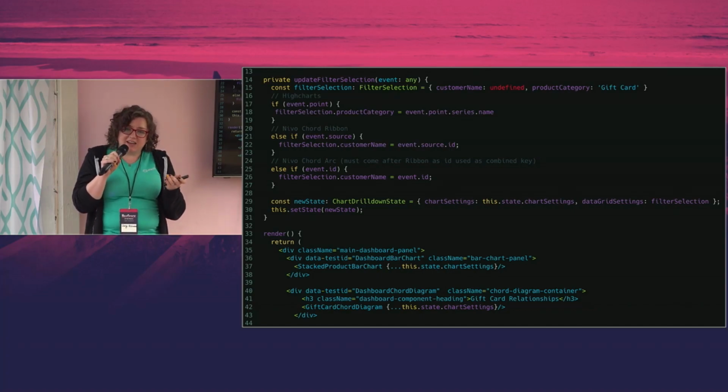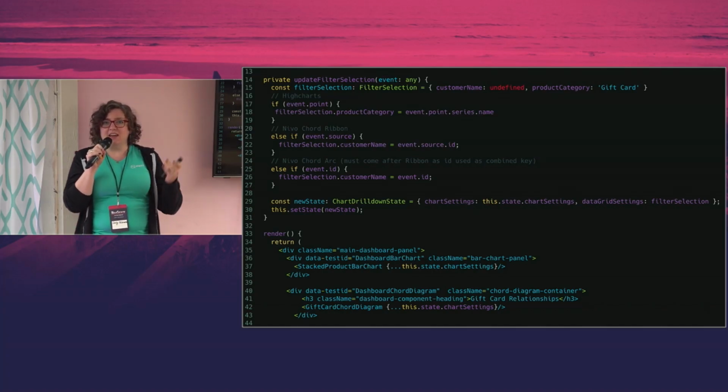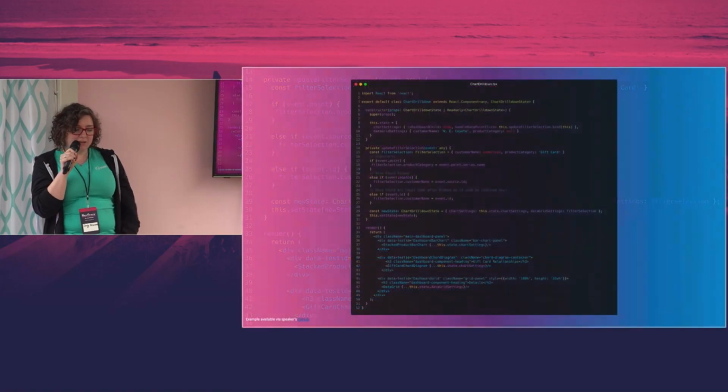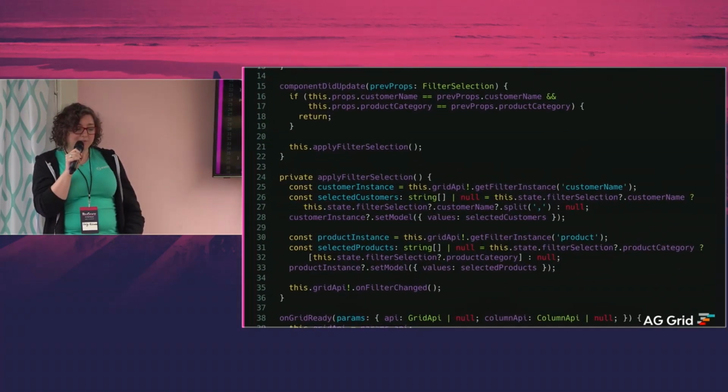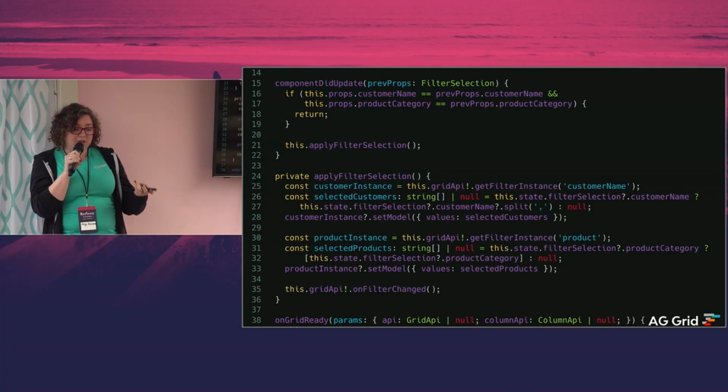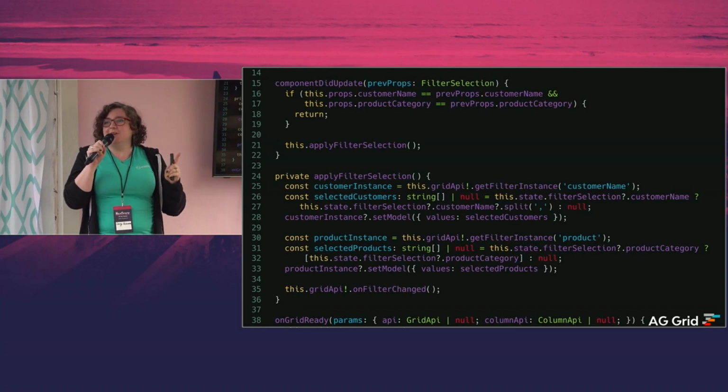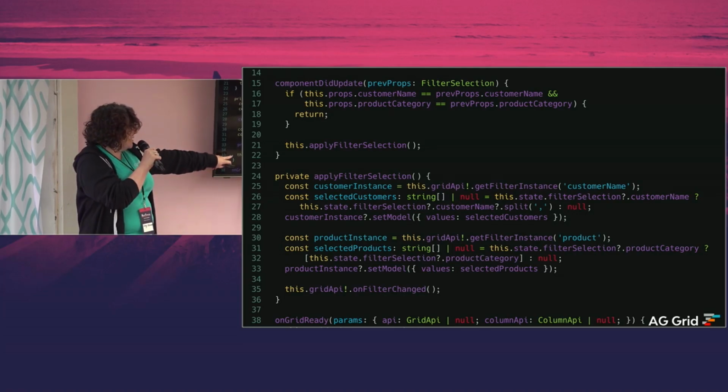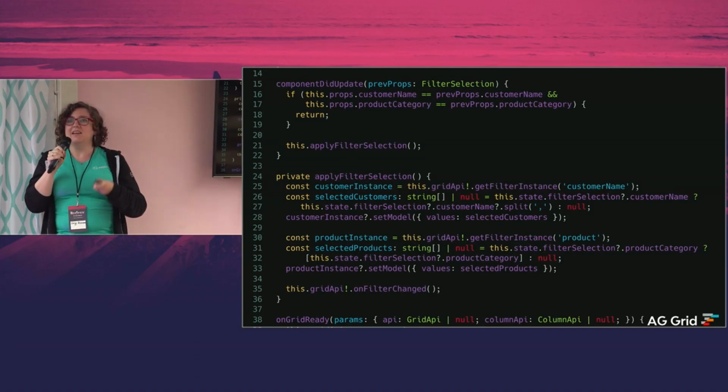And then, of course, this is a React app. Other frameworks are available and will handle state differently. But what you can do is basically update your state and then pass that down into your data grid. And then for the data grid, what you need to do is, when you receive that update, apply that selection in the filter. So get the instance of the filter via the API, then update the state of the model to include the elements of the selection, noting carefully if it is a single or multi-select, because obviously you don't want to pass in stuff that doesn't quite fit the contract. And then at the bottom in line 35, what you'll see is that basically you call the onFilterChanged event, and that will update the data that's in the viewport.